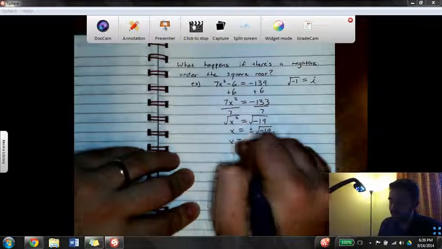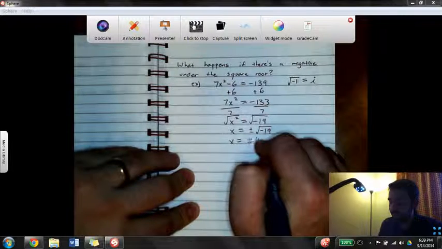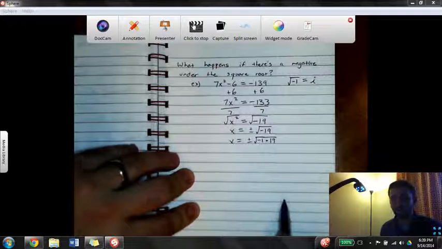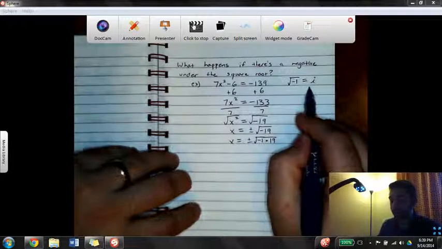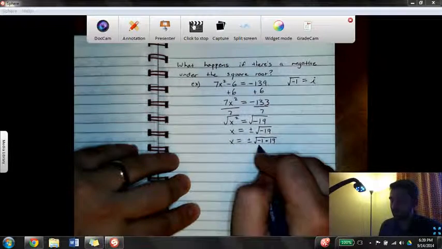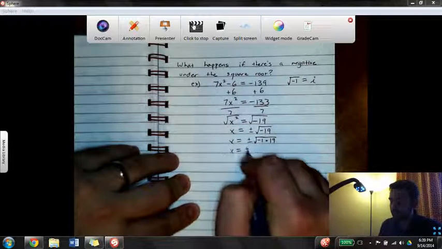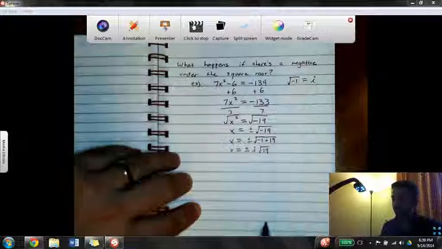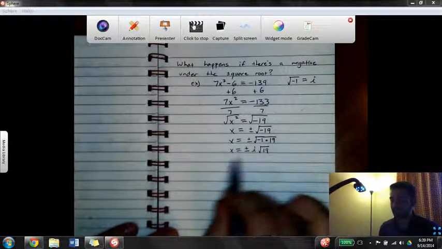Well, negative 19 can be rewritten as negative 1 times a positive 19. And from what we just learned about our new number i, we can simplify this to say plus or minus i times the square root of 19. And the reason we do this